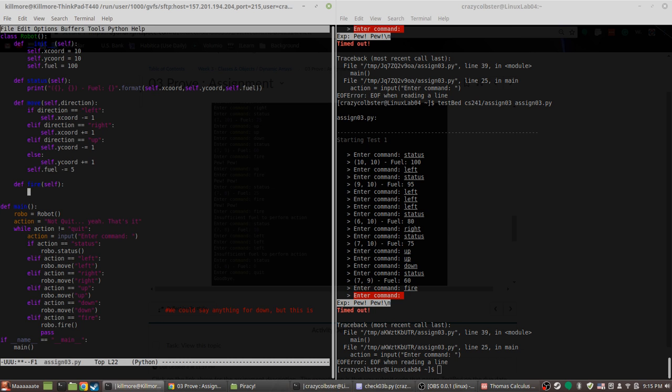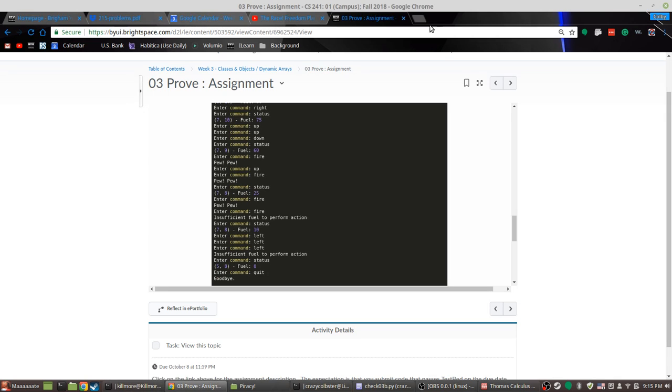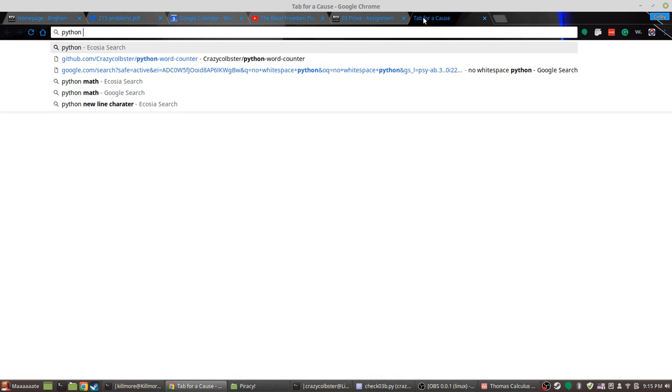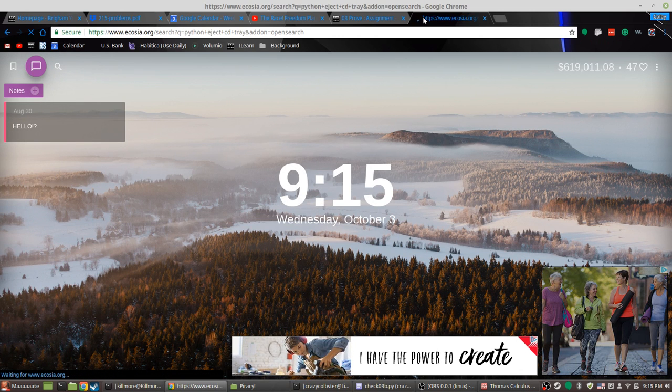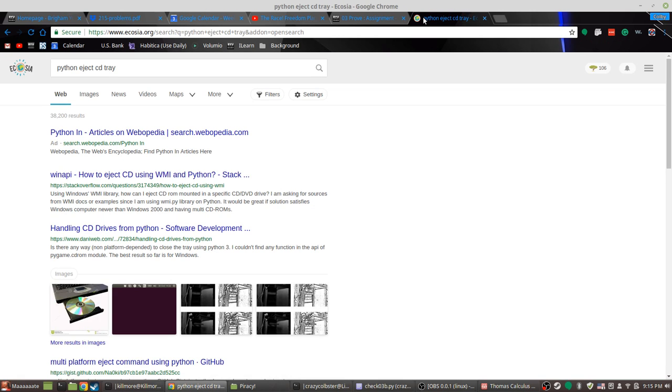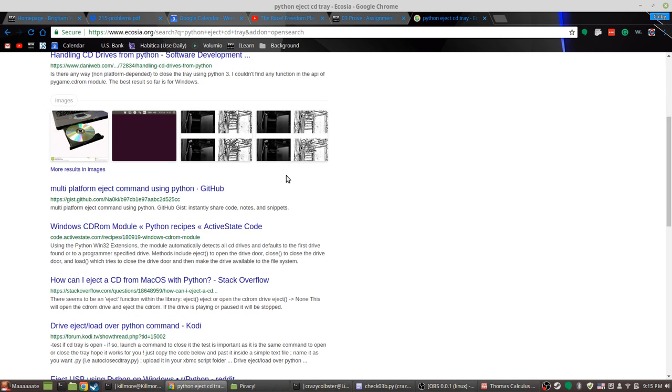Is there a Python command to eject a CD tray? I don't know about Python. I know the command for bash: eject. And I've debated doing it because apparently the Linux labs have CD drives on them, and it's so tempting.